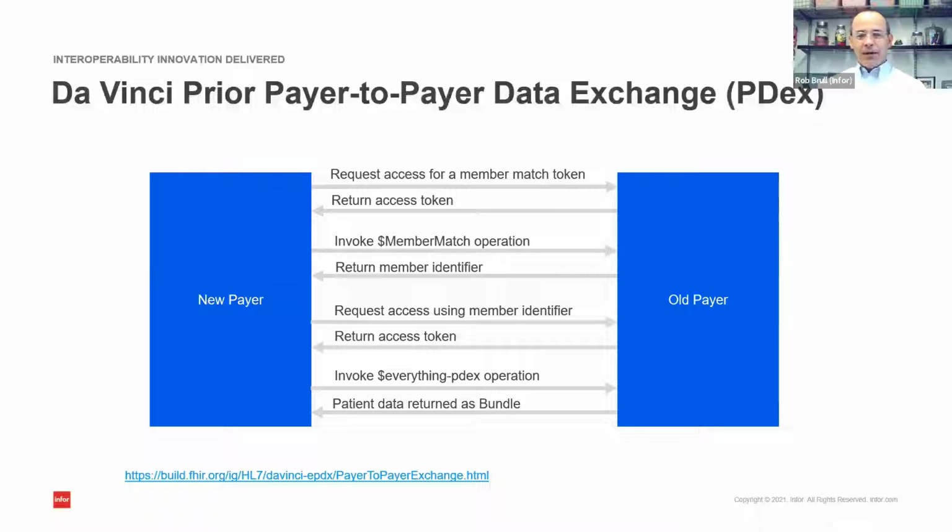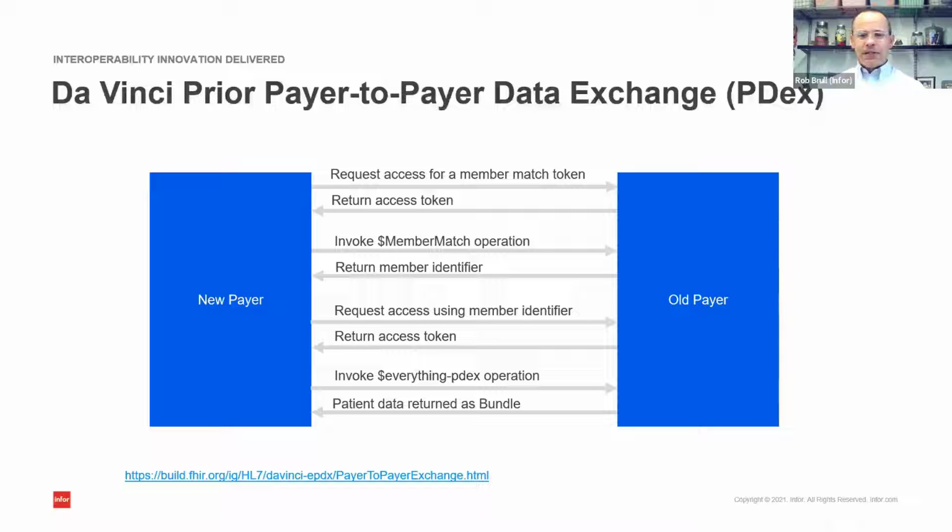And then the old payer, if registration has taken place already, will send back a token, an authorization token to the new payer to allow them to go access their systems and get this data. So authorization happens first. Once that authorization is achieved, then there's something called a member match operation in the FHIR